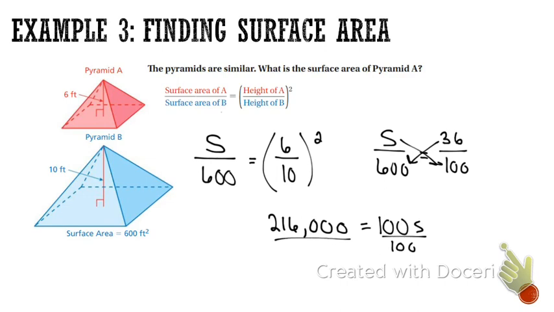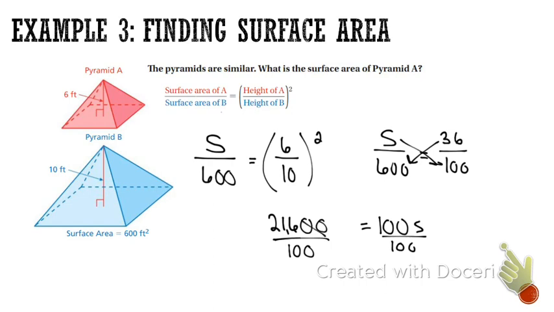Oh, sorry, I put one too many zeros. If you did that math, you were probably thinking, I did that math wrong. There should have only been 2 zeros here, 21,600, all right? Sorry about that. So then when I divide by 100,